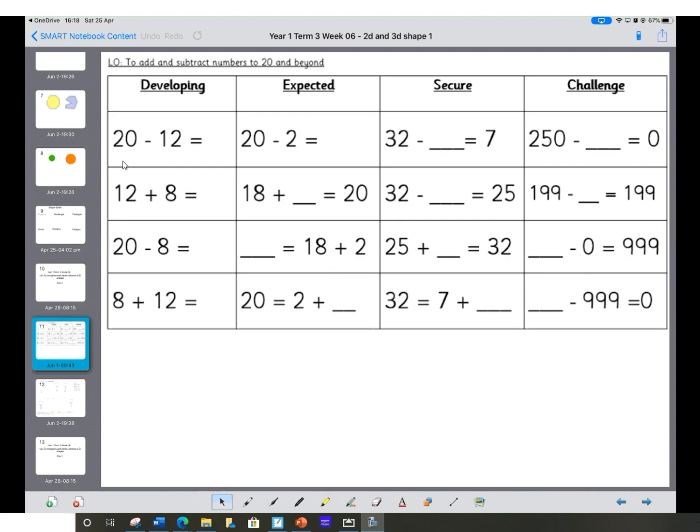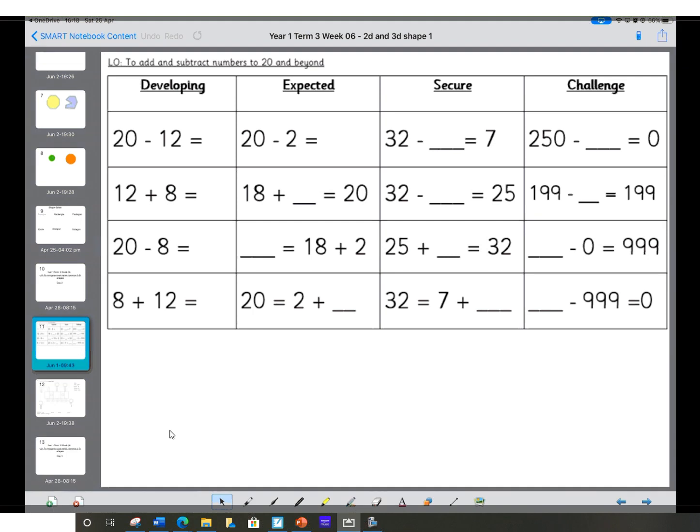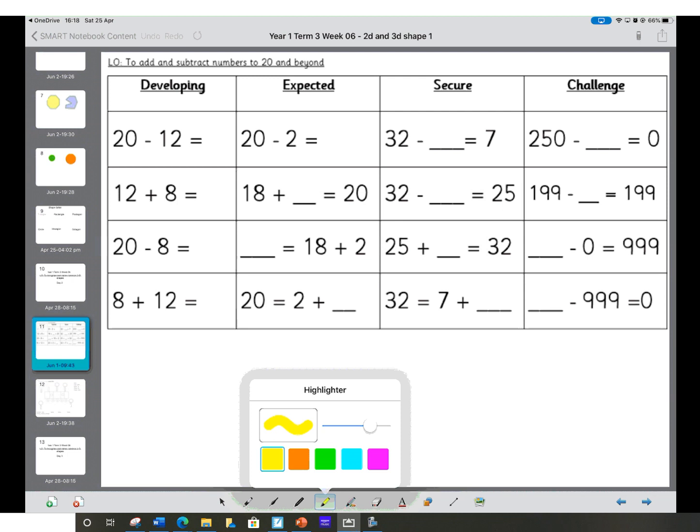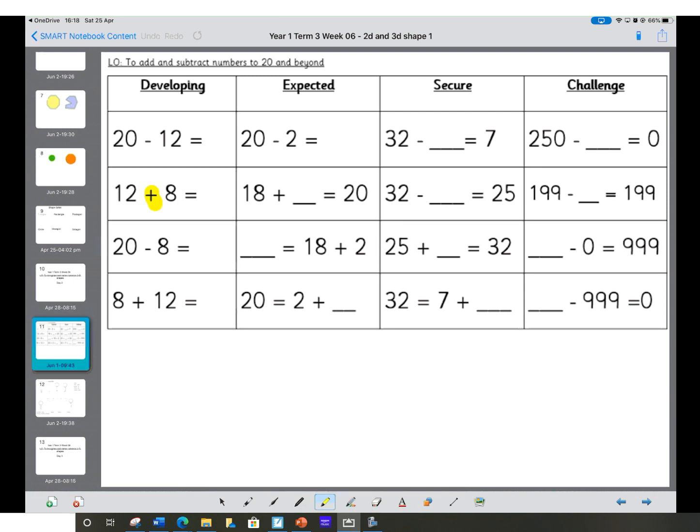Okay, so today we're looking at addition and subtraction. Just a quick reminder, addition looks like this sign here, and subtraction looks like this sign here. Okay, so have a look also at where you can use the commutative law, and when you're ready grown-ups, start the video again. Okay, so to start with we would use number beads probably, and you'd have 20 minus 12,